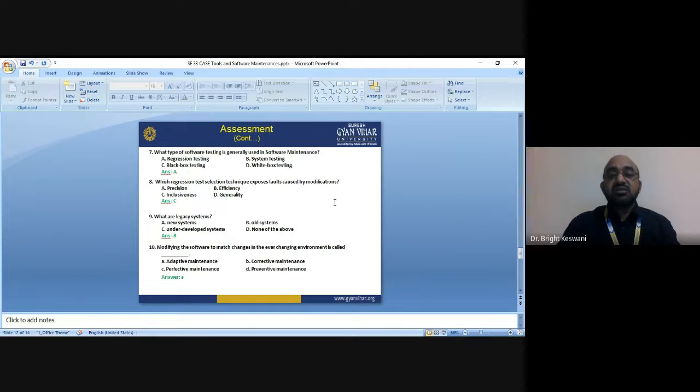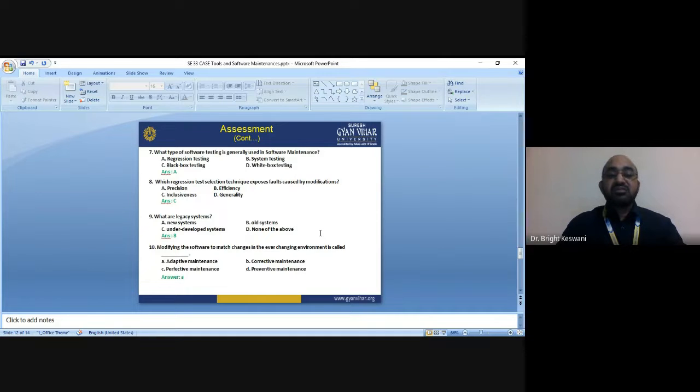Regression testing, system testing, black box testing, or white box testing? The answer is A, regression testing. Which regression test selection technique exposes faults caused by modifications? Precision, efficiency, inclusiveness, or generality. The answer is C, inclusiveness.